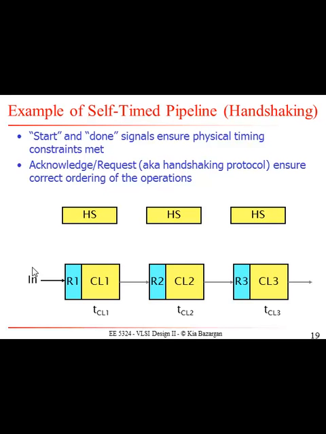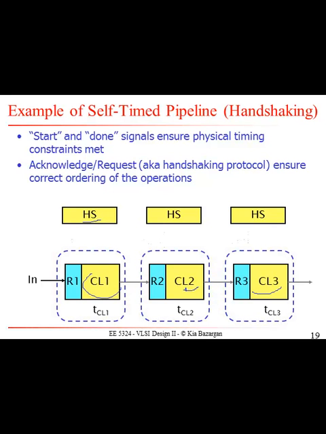So basically, if you look at a combinational logic pipeline design, here I'm showing you 1, 2, and 3 combinational logic elements, and then we have these handshaking units on top of each combinational logic. Remember, no clock is there. Each unit has to receive the start signal. Start tells it, you have the data ready at your input, start doing the computation. And once the combinational logic is done with its computation, it has to send a signal saying, I'm done,